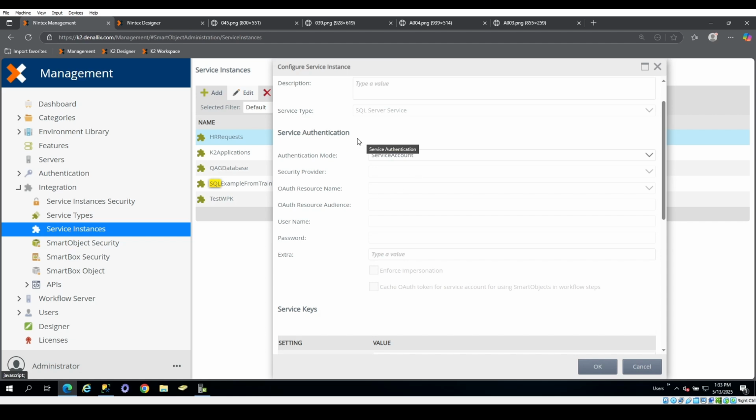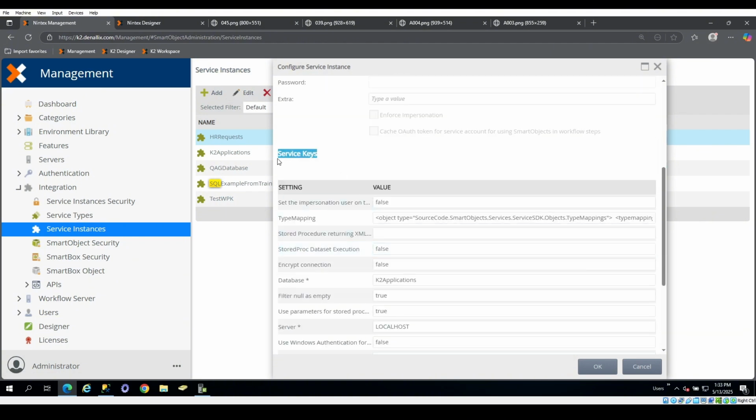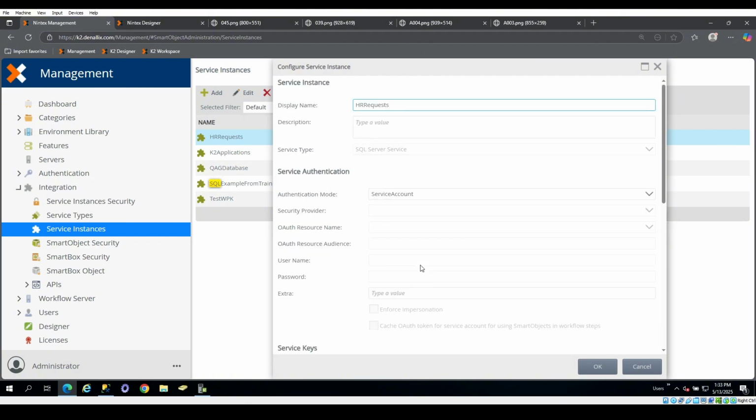Service authentication, this is a standard part for connecting with a SmartObject. And then we have service keys. These will be particular to each type of service. This is defined in the code, what they need to connect and what configuration information they need to connect to that backend system. So in the case of SQL, we have some database. Yes, the database name is required and the server is required. When we click OK,